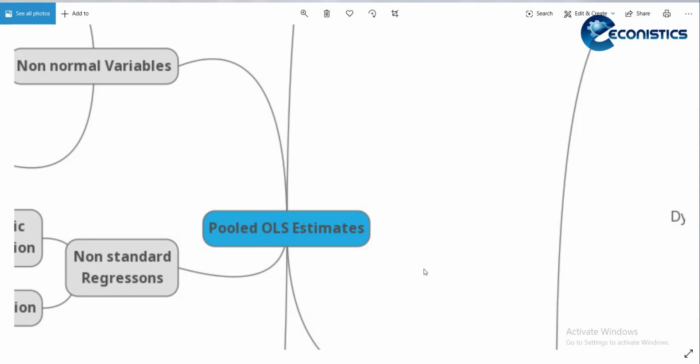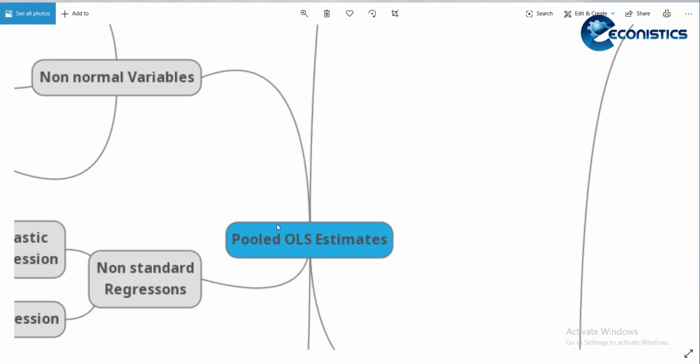So this is a diagram, and first of all you need to estimate pooled OLS. If you have data in a panel data format where there are cross sections and time periods, you first need to estimate the pooled estimates. It doesn't mean that you have to estimate it, it's that this is the starting point. Pooled estimation assumes that all the countries and time periods are randomly different from each other, so the data just looks like a big cross section. So when you have a pooled estimate, then we'll go towards finding an appropriate model.